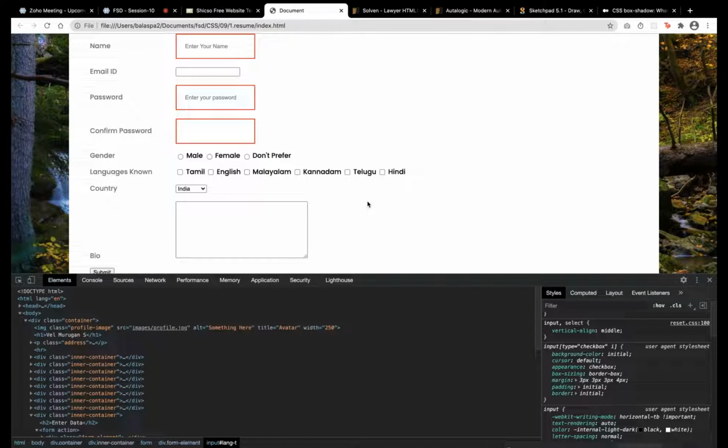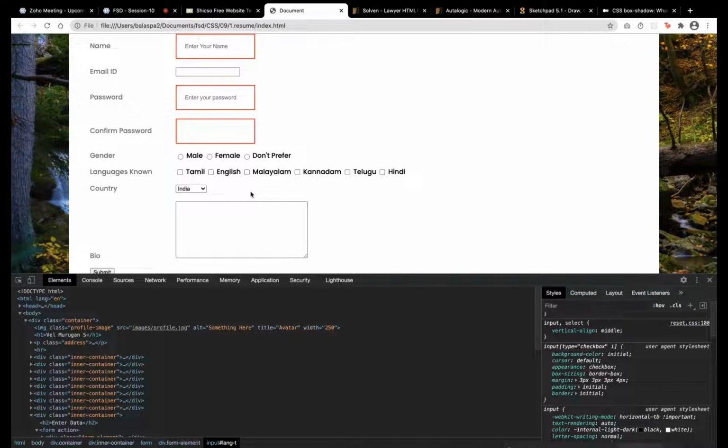If I add a class, I need to add a different class to this one and a different class to that one. So when all the divisions or all the sections or all the tags need the same styling, that time only we will go for the class and add those properties there. But here I want different styles for each.